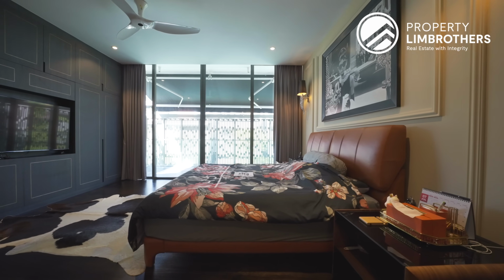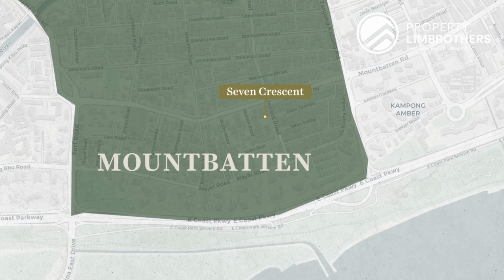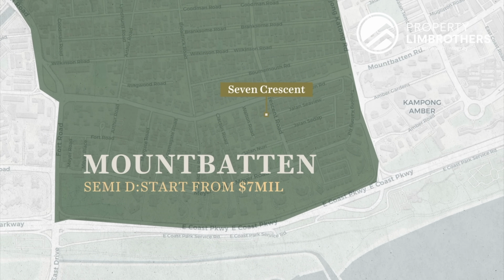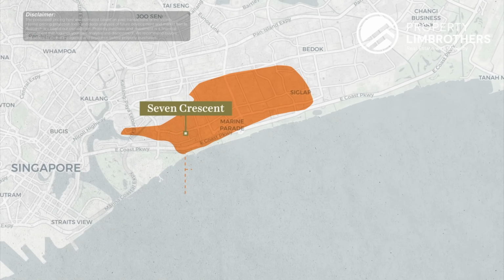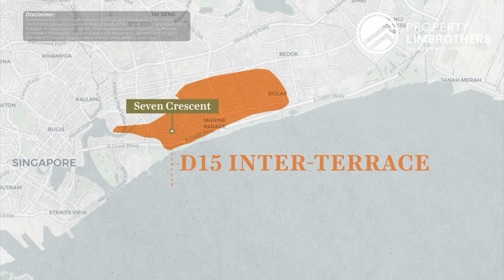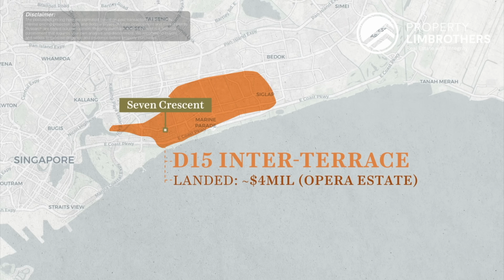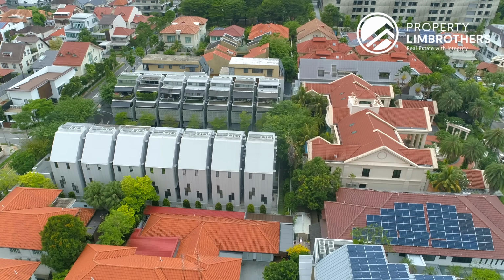So importantly, when we come to this Mountbatten zone, I think any landed property that you want to touch starts from $7 million for some of the semi-Ds here, which belong to the versions where you either have to do massive renovation, A&A, or maybe tear down and rebuild. If you look at inter-terrace in the entire D15, the only landed properties that still perhaps are at the low $4 million will be at Opera Estate, which is on the other side. There is a clear segregation in terms of the landed cluster here because there are different preferences. But then when you talk about